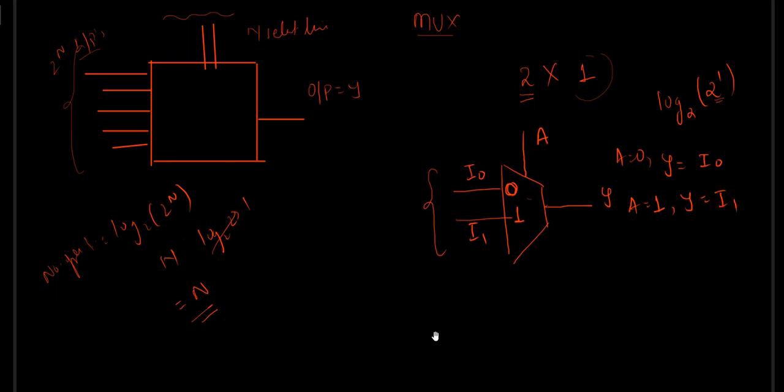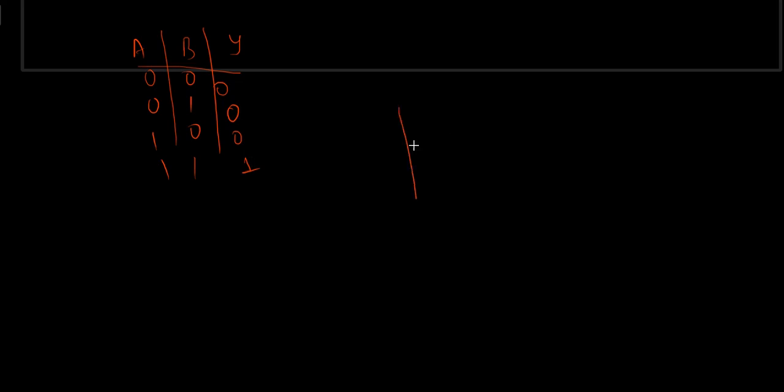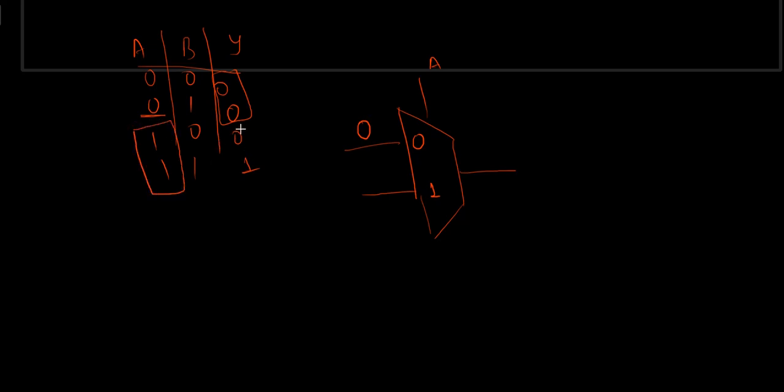Let me try to construct A dot B using a 2 cross 1 mux so that it will be familiar how I am designing the circuit. I will be having 4 cases. The output will be 0, 0, 0, 1. As I have 2 inputs and one select line, let the select line be A. A can have two values, either 0 or 1. If A is 0, my output is nothing but 0 and 0, so I will write it as 0. If A is 1, the output is 0, 1, and that is following the input B, so I will write it as B.